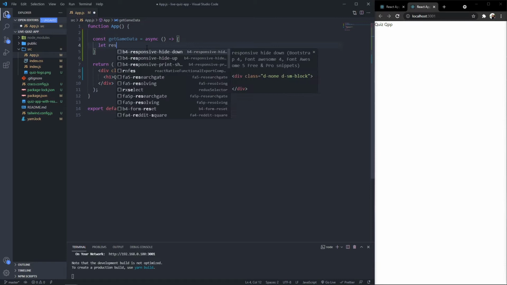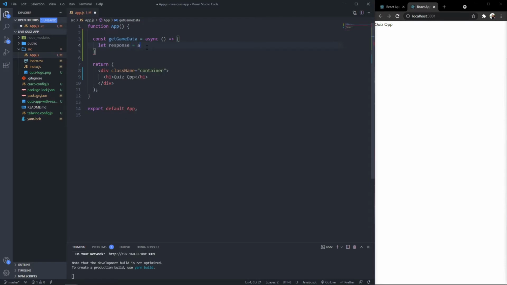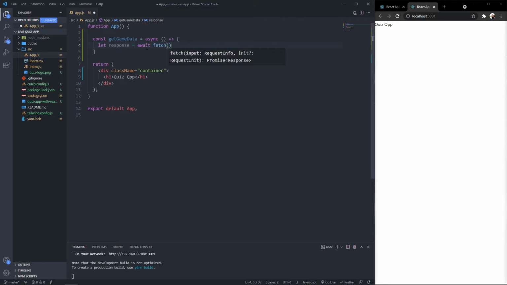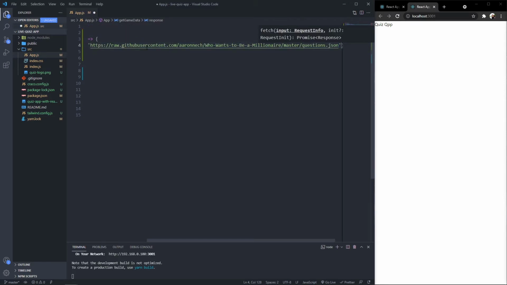I'm going to say let response equal to await fetch, and I'm going to paste in that API. I'm just going to pause here for a second or two so that you guys can quickly have a look